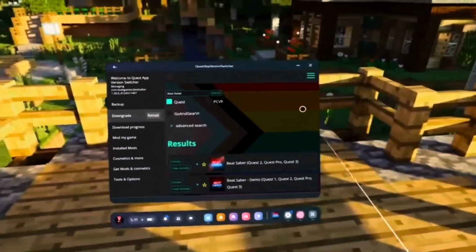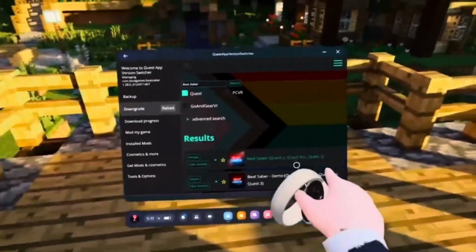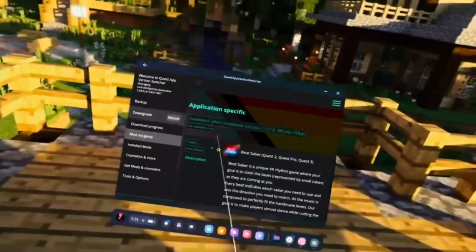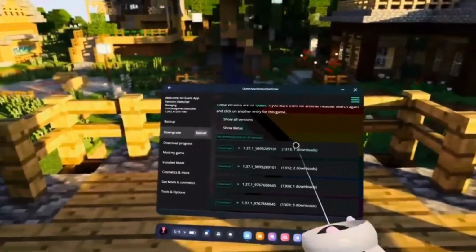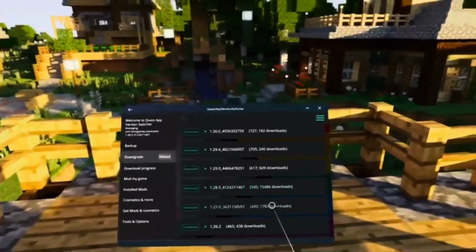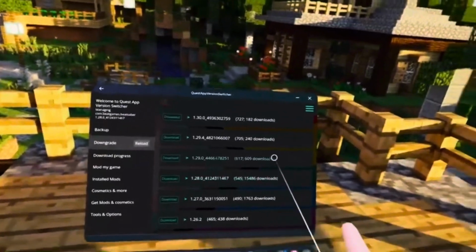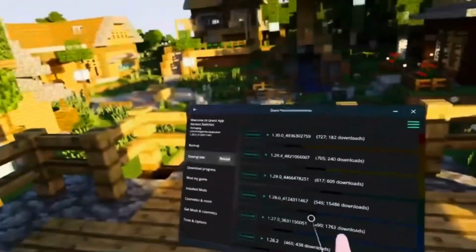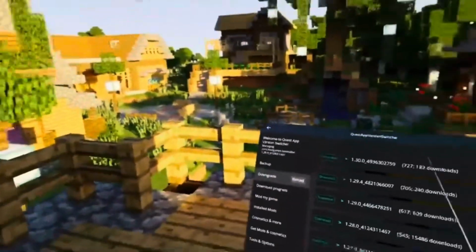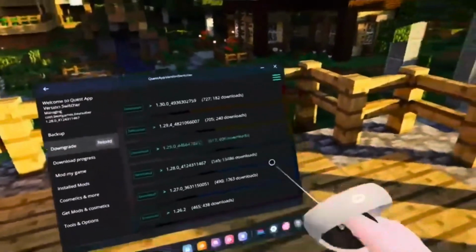So, you want to go here and then click on Beat Saber, not the Beat Saber demo, Beat Saber. Then click on Details. Scroll down, and you should see a bunch of versions. Scroll down until you see 1.28. I'm pretty sure once you download that, it should theoretically get you 1.28. Once it's all downloaded, I hope this works. I'm sorry if it ruins your thing, but if you go into 1.28, it should download that. Then you want to, after it's all patched,